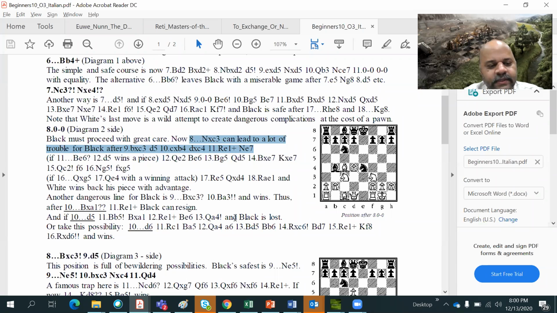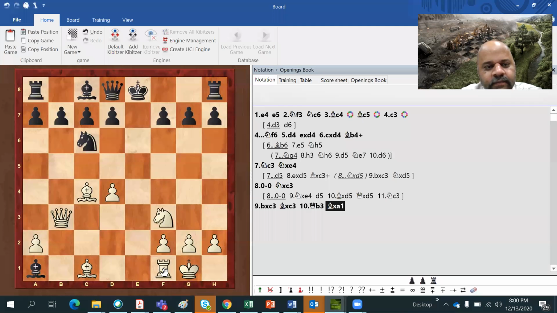Yeah, bxc3, after that rook e1, black can resign. Right, now check. Now what will black do? Bishop to f7? Knight to e7, king to f8, or what? Knight to e7. Sir, white to play. No, white has played rook to e1 check,